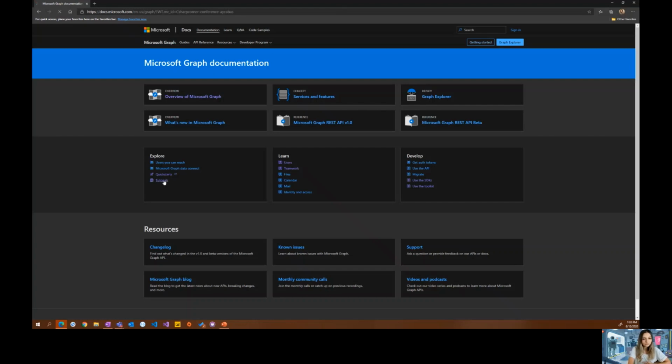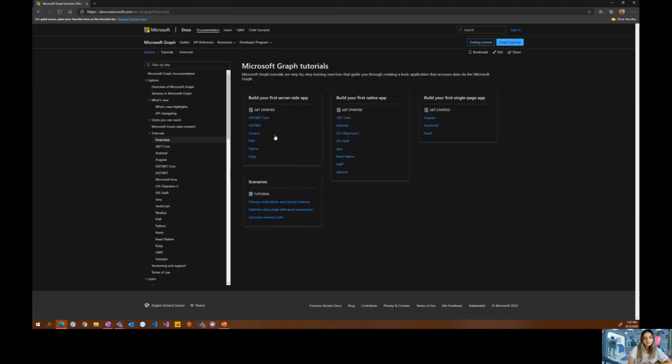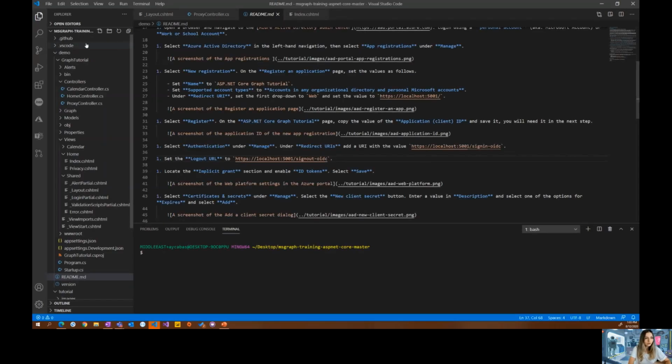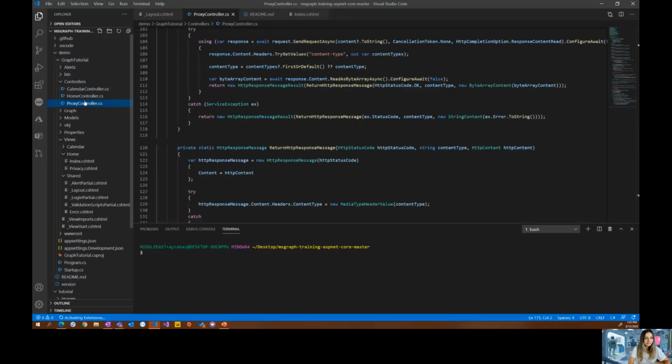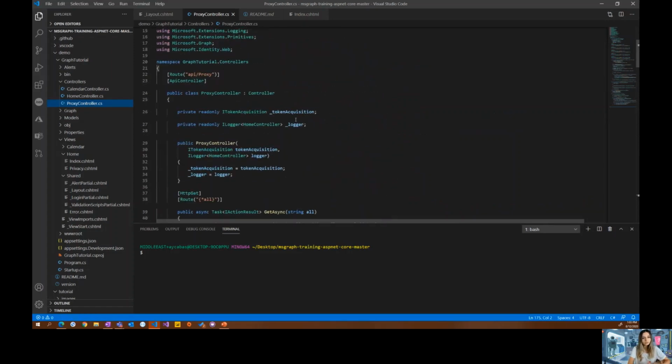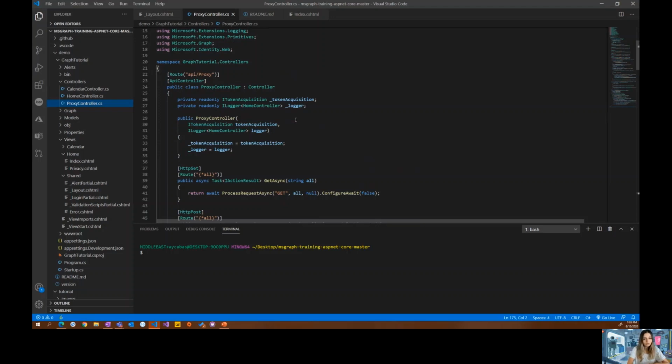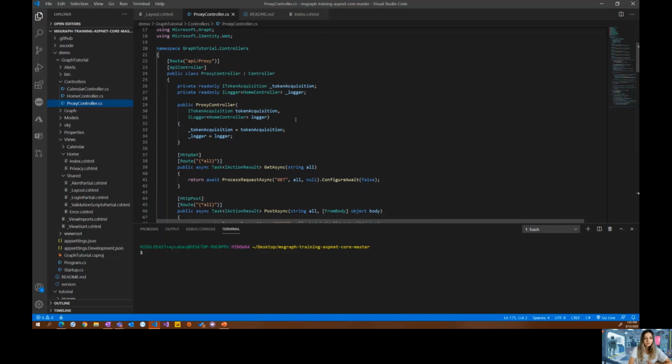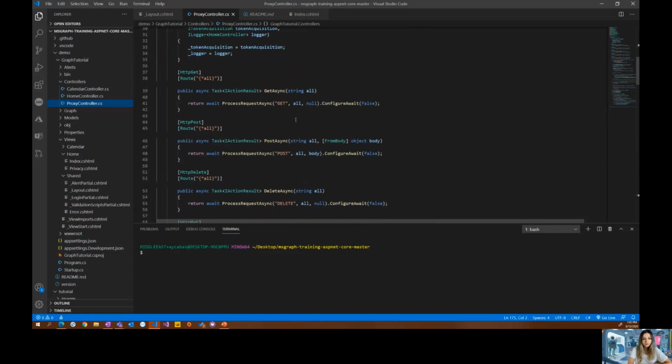Here you see there are tutorials. What I did was I just came here and got the ASP.NET Core sample, and I just downloaded it and used it for the sake of the example. So I'm just going to open the solution. I use exactly the same example. The only thing I did is adding a proxy controller. In proxy controller, you can actually call to get the token. I'm assuming that you have the proxy controller already or something like this to get the token and call whichever way you want. We just have,